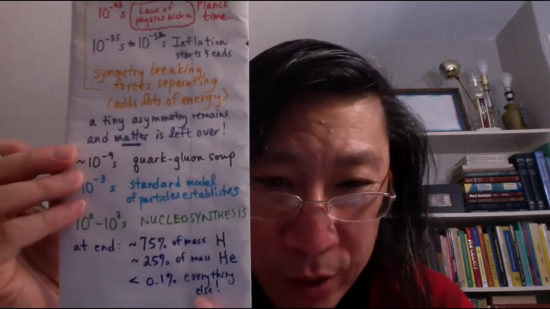The rest of the universe, less than 0.1% of the mass, is everything else. And all that, everything else, is variations of hydrogen, like maybe hydrogen with an extra neutron attached to it. That's called a deuteron, or the deuterium nucleus. Sometimes you have helium that's got 2 protons, but only 1 neutron. That's a helium-3, right? You sometimes get lithium that's got 3 protons and maybe 3 or 4 neutrons in it,